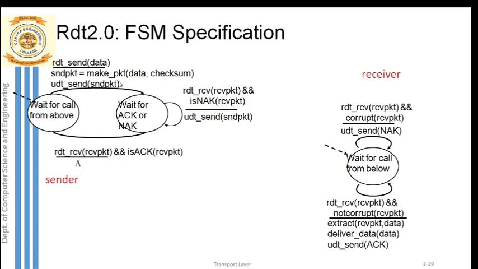You can just see we have the first state at the sender, same as how we had in RDT 1.0: wait for the call from above. So what is this wait for the call from above? Wait for the message to arrive from the application layer. So once the message or the data is available at the transport layer,